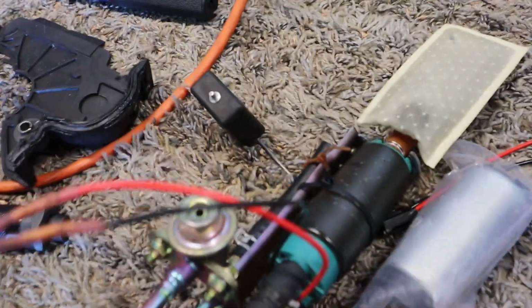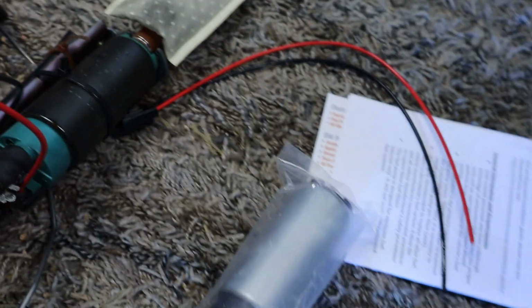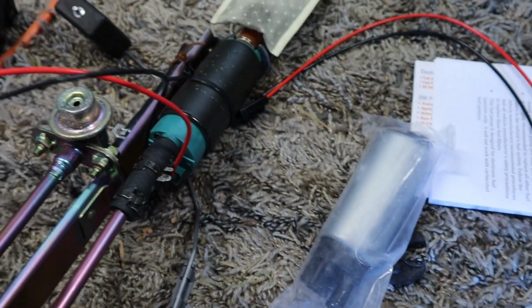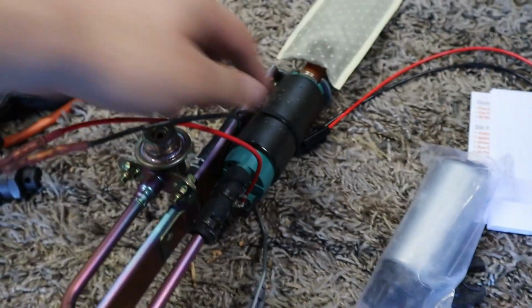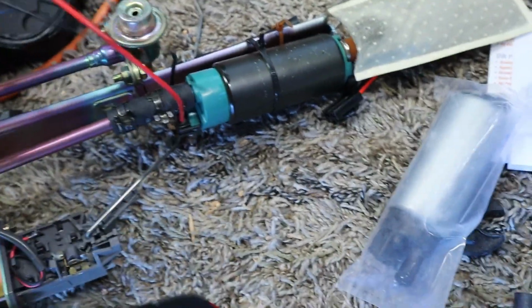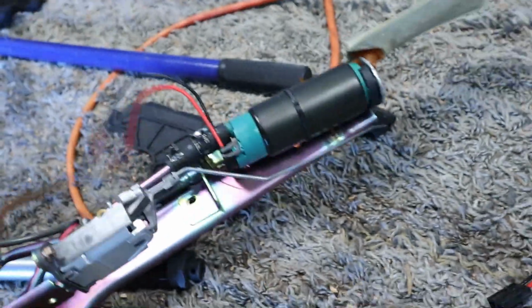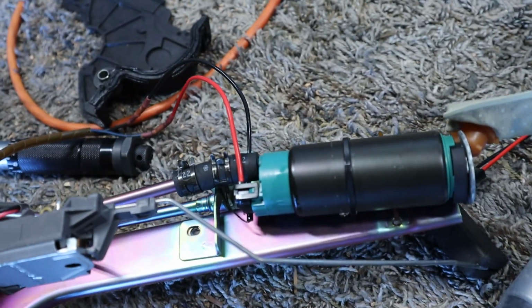What I could tell right away is this fuel pump seems to be a lot bigger than this fuel pump, and I believe I probably got the wrong fuel pump. That's what my thought process is. I don't think it's the correct one for my car,